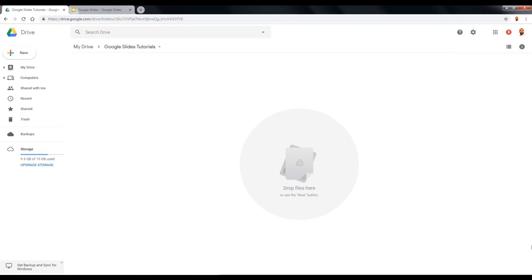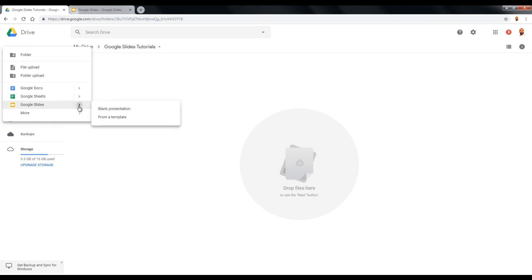To create a new slide, you need to first log into your Google account. Then the easiest way to create a slide is to open Google Drive, click New, and here you pick Google Slides. You have two options, blank presentation and from a template. We will learn how to create a slide from a template in future lessons, but for now we're gonna choose the first option, blank presentation. I click,